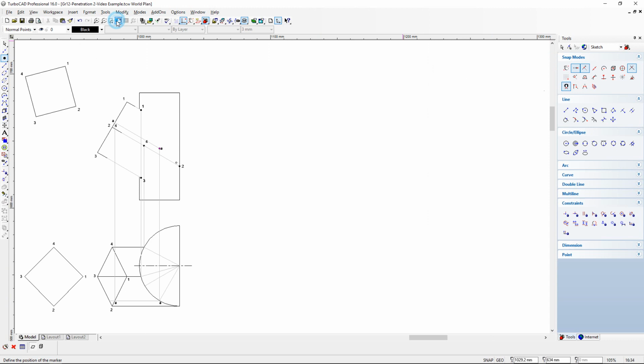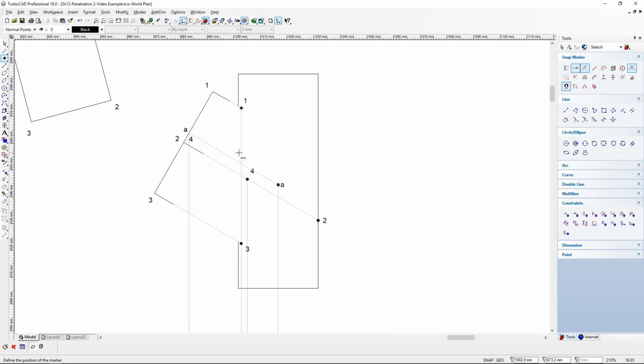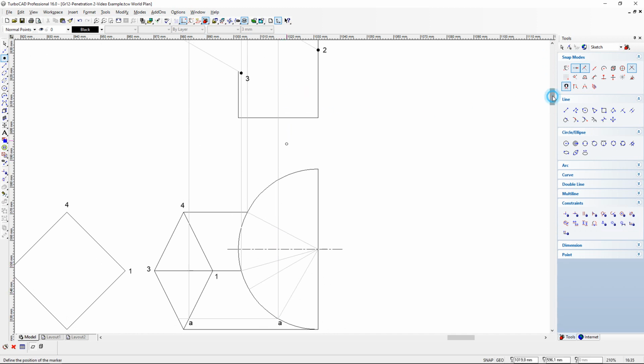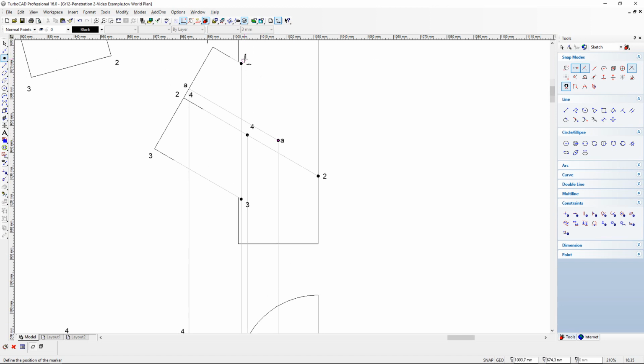Okay, so now we have A taken from the top view to the edge of our prism, all the way up to the front view's edge of number 1 and 2 of the slanted prism, and then with the angle of the prism we just projected that A all the way to where the depth of A would be on our front view, and that depth comes straight up from A here on the top view. Good, so now we have determined A, so we now know between 1 and 2 we have letter A,